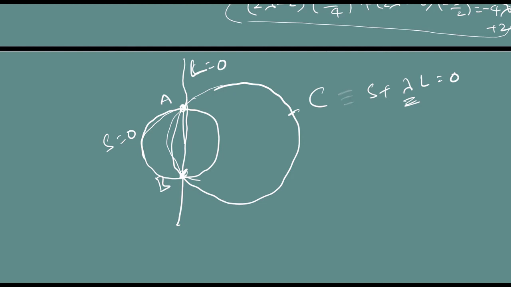Okay, see this circle equation. To find the value of lambda, I use the fact that it is passing through the point C. Substituting the point, I'll get the value of lambda. Okay, so please don't forget the technique.